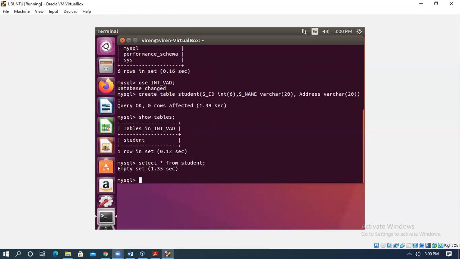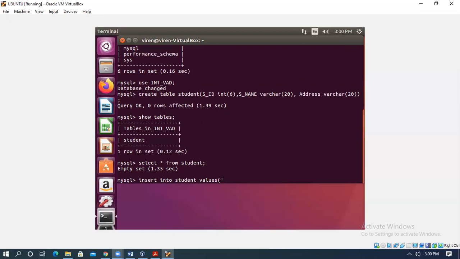Now we'll go for insert into table name, that is student, values. As there are 3 attributes, 3 values should be inserted. First is the ID.